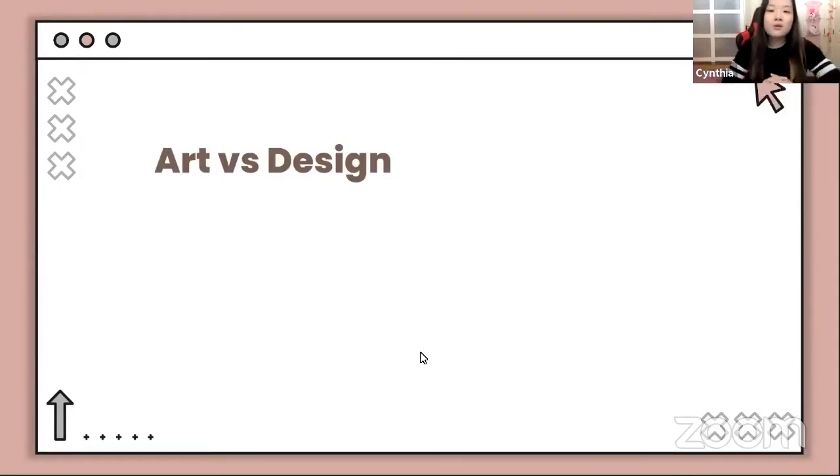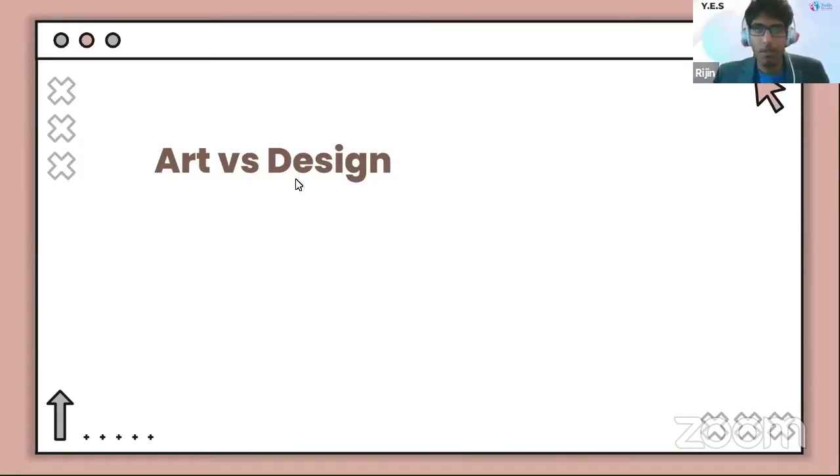So first off, I want to know what everyone thinks about the difference between art and design. Well, for me, one of the main differences is the intent behind each of them, what each really means and what their purpose is. For art, there are not that many guidelines, but for design, there's a specific purpose it's meant for. With art, it's like one's imagination. It depends on how you're able to convey your ideas, and it's pretty neutral in the sense that it's not biased towards anything, so it's not limited. Whereas design is very creative and it serves a purpose. It conveys a certain message.